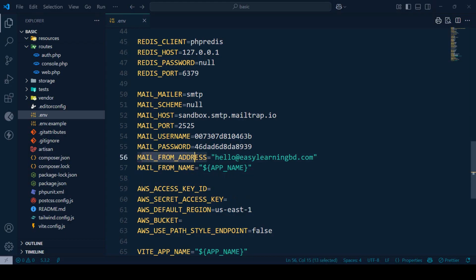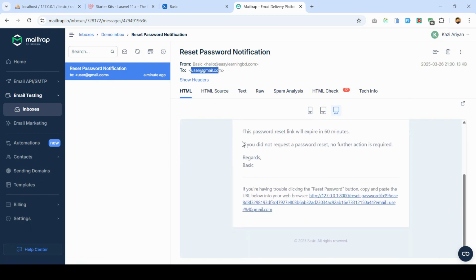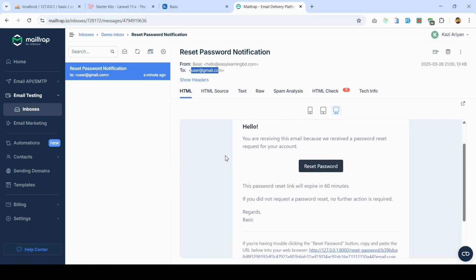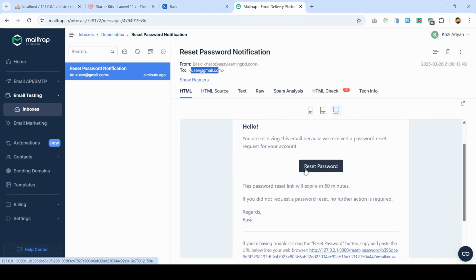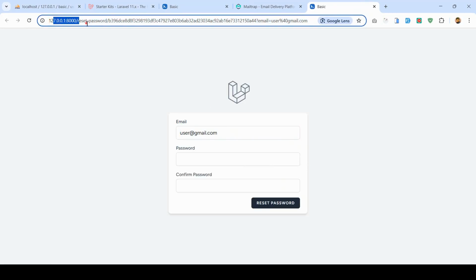The mail should come from the address hello@easylearningbd.com, and that is the reason it now comes from this email. I have set the reset link to go to user@gmail.com, and that is the default template provided by Laravel Breeze, and the format is loaded successfully. There is also another button, reset password. Now if you click it,